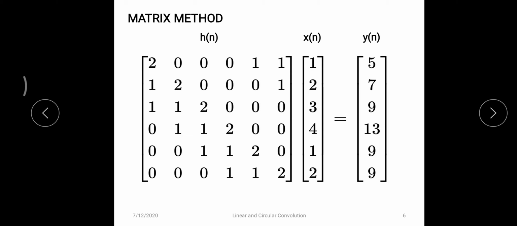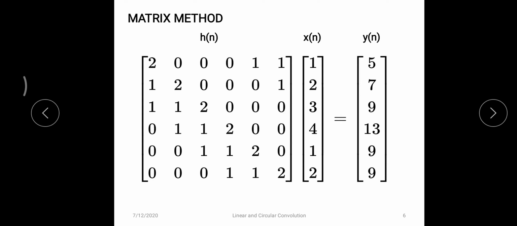The reason is, even if you do the rotate and shift once again, I will get the first column as it is. For example, if I do the rotation of this, I will get 2 1 1 0 0 0. That is nothing but your first column. Okay, no need to proceed further, we can stop up to this, since I got a 6 cross 6 matrix.